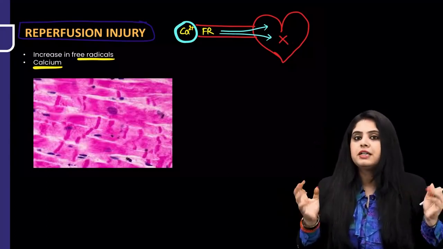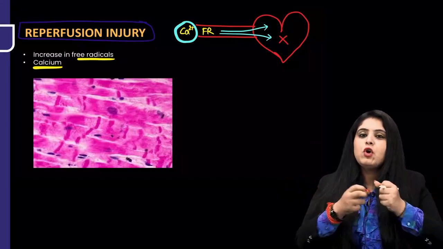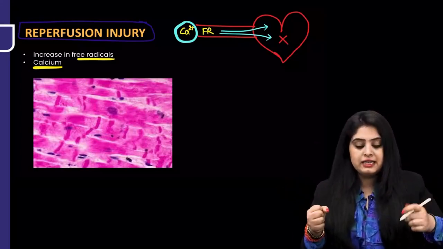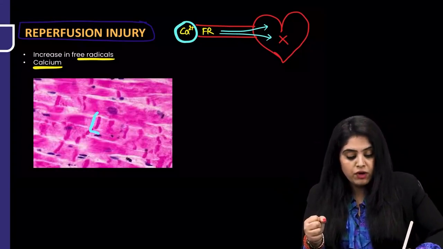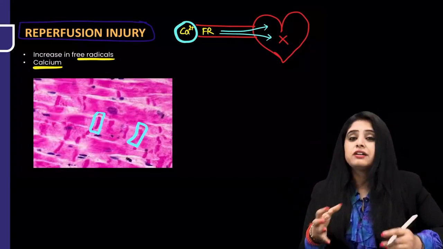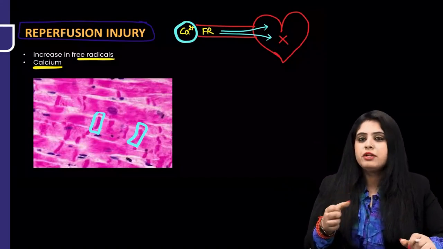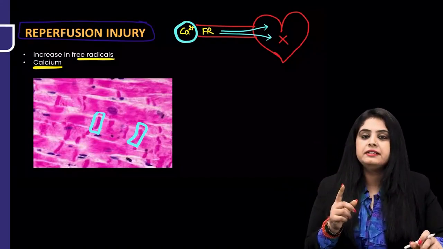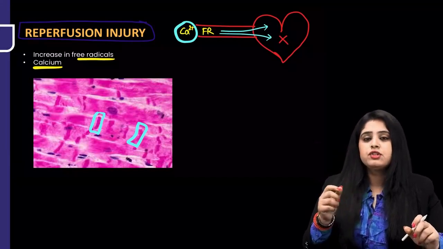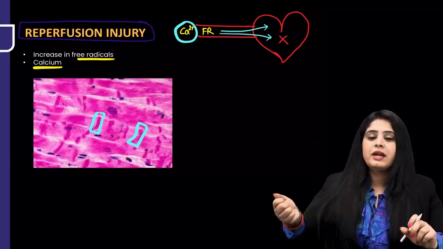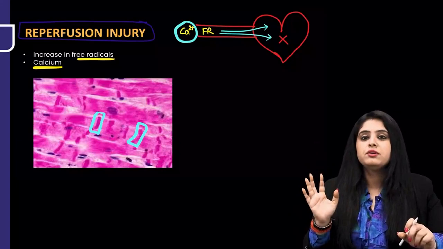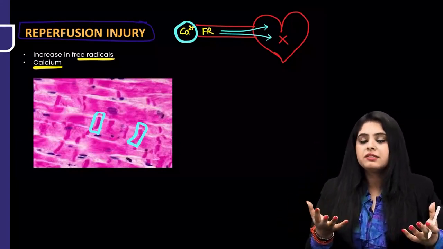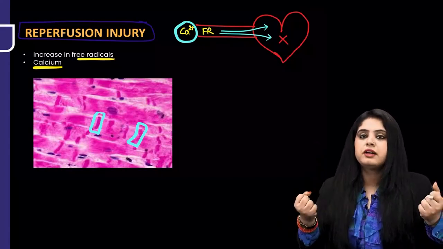The heart says party time, so much calcium, let me contract fully. I've got so much food, so much energy, let me contract. And in that process of contracting, it contracts. Like for example, on the first of every month you say healthy diet, healthy lifestyle. You go to the gym and you straight away pick up a 20-kilo dumbbell on the very first day. What are you going to have? Muscle injury. Same way, so much calcium comes, the cardiac muscle gets so excited, it suddenly contracts, and